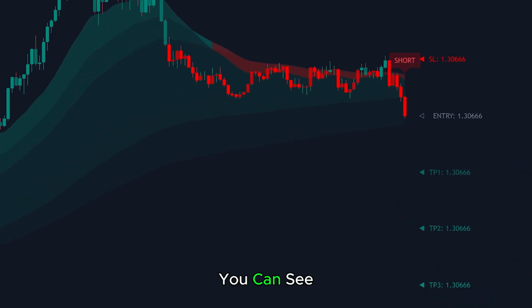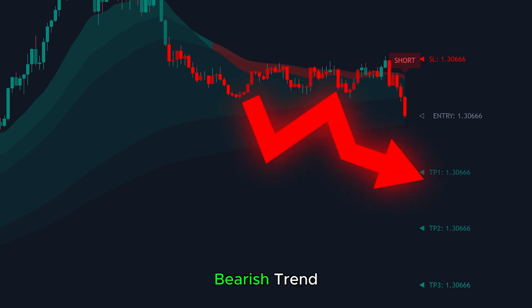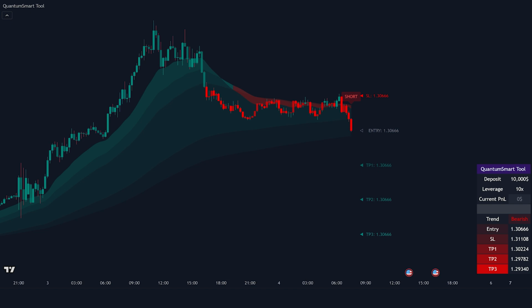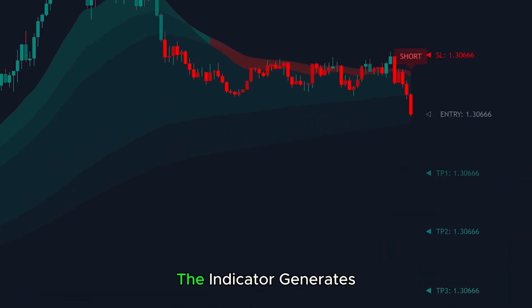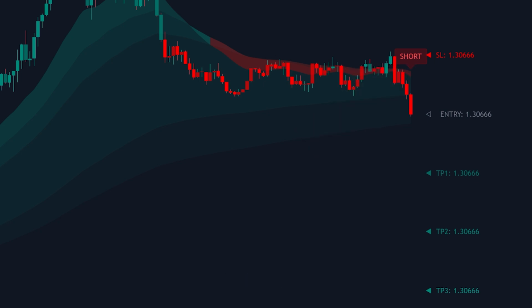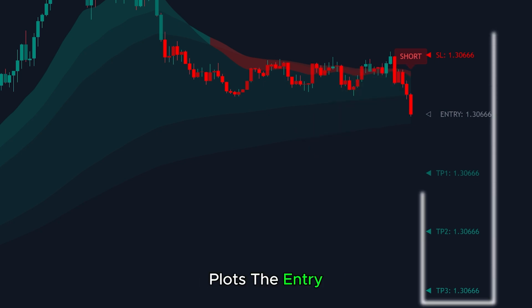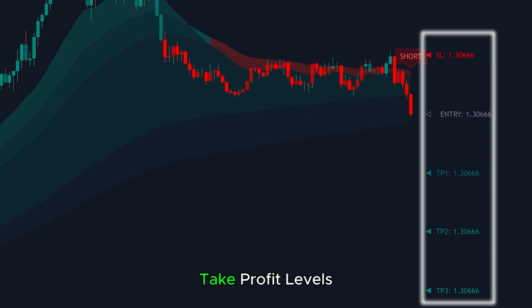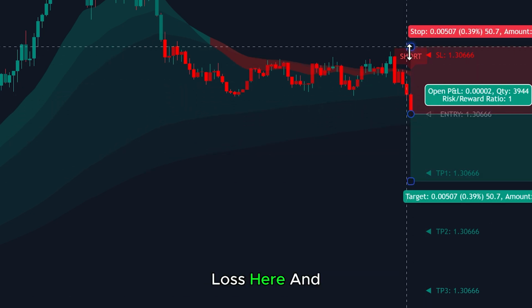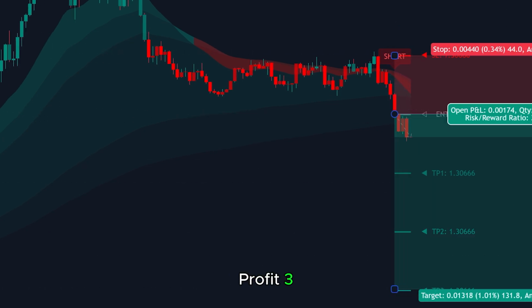Right here, you can see these red candles forming on the chart. They indicate a bearish trend, which is automatically detected by the Quantum Smart tool. Then, right at this point, the indicator generates a short signal, and it doesn't stop there. It also automatically plots the entry, stop loss, and take profit levels for the trade. If we sold here, placed our stop loss here, and aimed for take profit 3, we would have made a